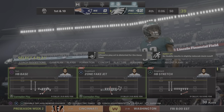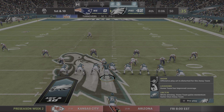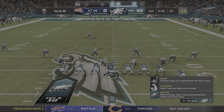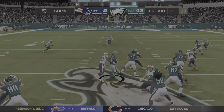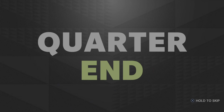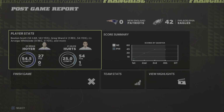Yet another mistake after the interception there. And, gosh, you look up at the scoreboard, they just got to be thinking this one cannot get over fast enough. It certainly can't. And also what happens when you get this big of a deficit, you're supposed to make all the right throws, right? You're supposed to try and obviously get the ball to your own guys. But being down this big, you also take even more chances. And in this situation, that hasn't paid off for them at all. On the other sideline, jubilation. So it's a victory here for the Philadelphia Eagles. And I tell you what, Charles, this